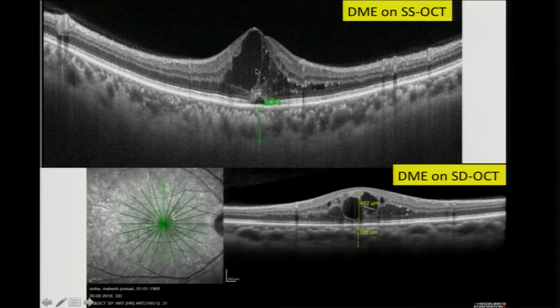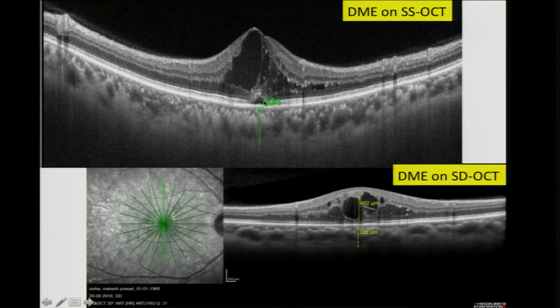Now this same patient had an SD-OCT done. This is the same eye of the same patient at the same time on the same day, which had a spectral domain OCT done and the swept source OCT done. You can see that the foveal architecture is very beautifully picked up here in the swept source OCT. Also there is a small element of subretinal fluid, a serous detachment, and in the classification of OCT